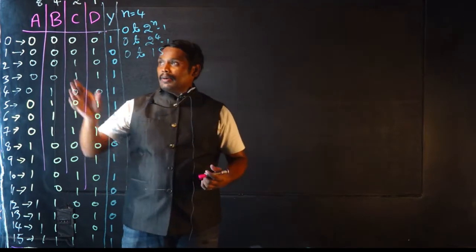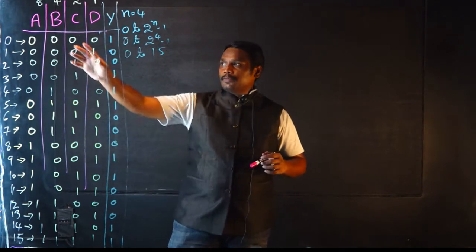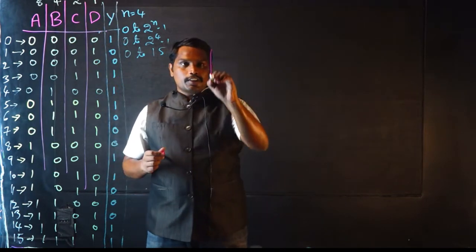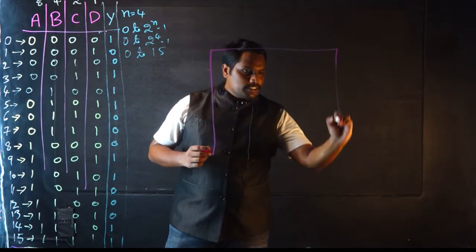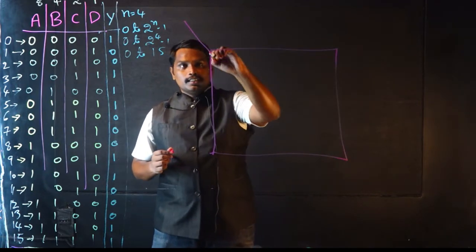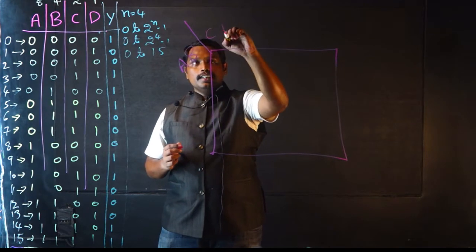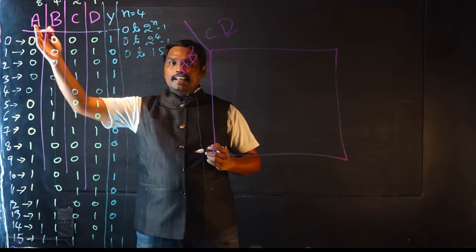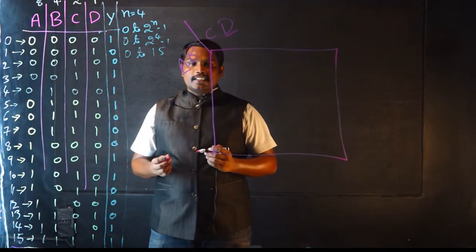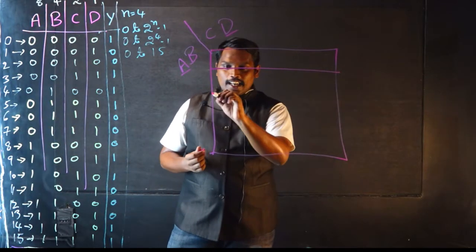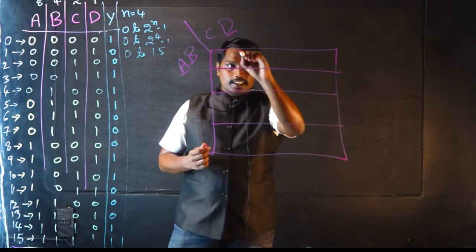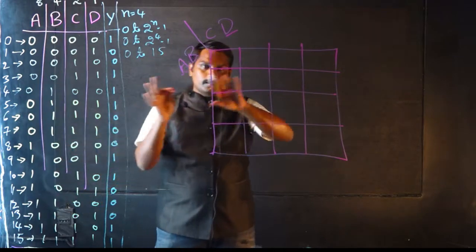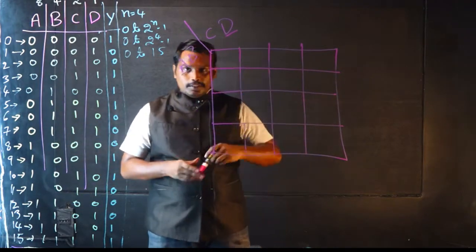So how to construct a Karnaugh map? First, how many Boolean variables are there? You have to find out. So Boolean variables are 4 in number. So you have to take a 4 variable Karnaugh map. So how to construct a 4 variable Karnaugh map? You are going to construct it in such a way that A, B, C, D, in which A is the most significant bit and D is the least significant bit. So here you can see A is the most significant bit and D is the least significant bit. Based on that, you are going to construct a 4 variable Karnaugh map in such a way that it is going to have 16 cells, as all the 16 operations you can apply to the Karnaugh map. Are you getting it?